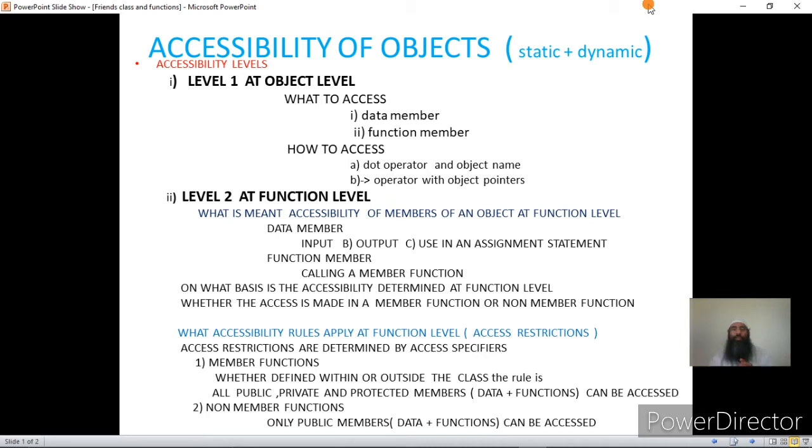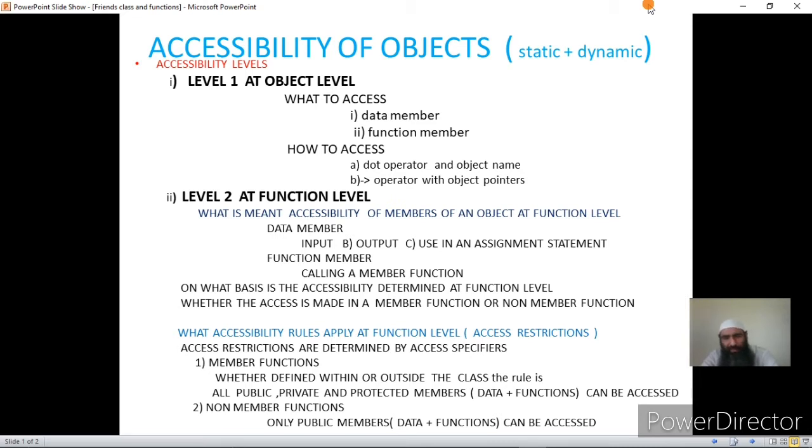Okay, so if we understand now what the accessibility at the object level is, it does not actually mean accessing a data member, that is, performing a memory access. It is related to giving a unique name to a data member or a function member. So here the question of access does not arise. It is a misnomer to call it accessing the data member or a function member with a dot operator. This is not actually accessing, this is giving a unique name to the data member or to a function member.